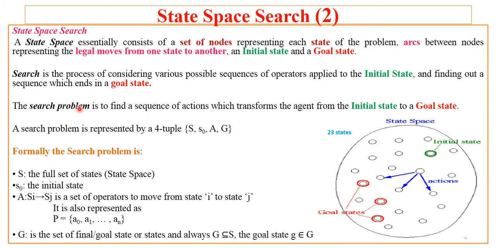Now this search problem is to find a sequence of actions which transforms the agent from the initial state to the goal state. Here the search problem is represented by four tuples, that is S, S naught, A and G. Now we'll try to understand this set of four tuples, because to solve the actual given problem, which is the intelligent program,